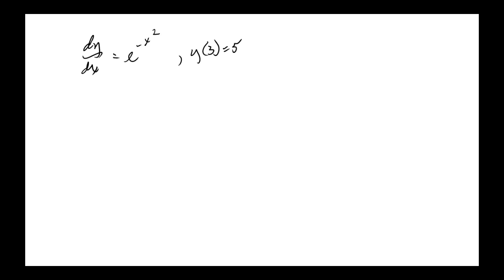Now, if you separate variables, you just have dy is equal to e to the minus x squared dx. And if you try to integrate both sides, you get y is equal to, whoa, a moment here, okay? There is no technique that we have to integrate that. There is just nothing you can do for that. So you go back to your fundamental theorem of calculus, part 2, I believe it is, and you make this the integral